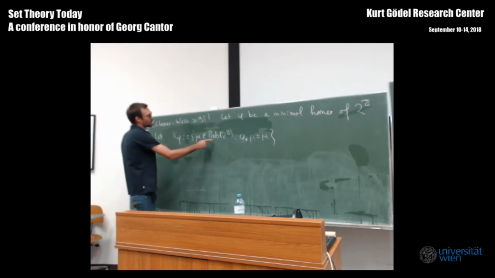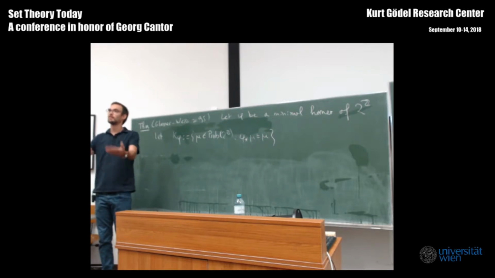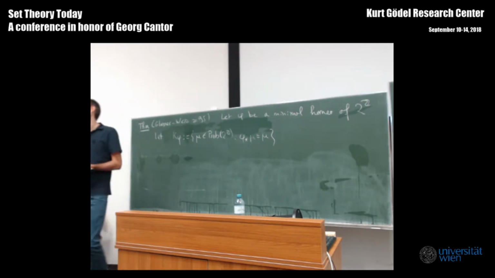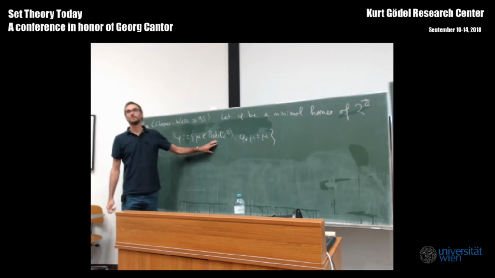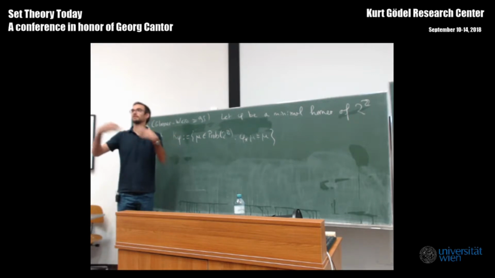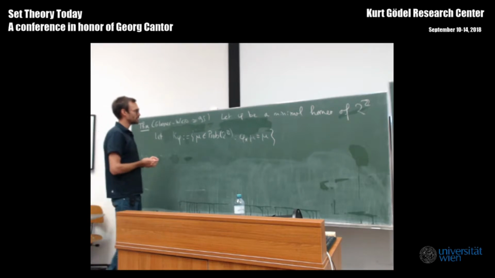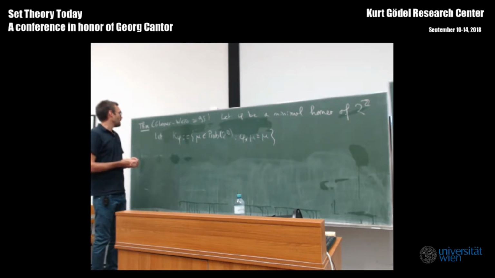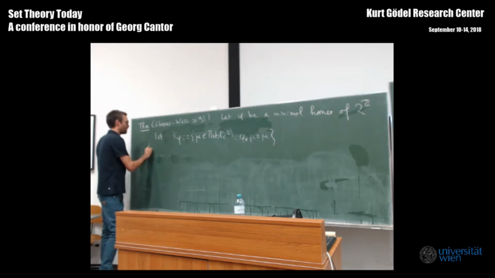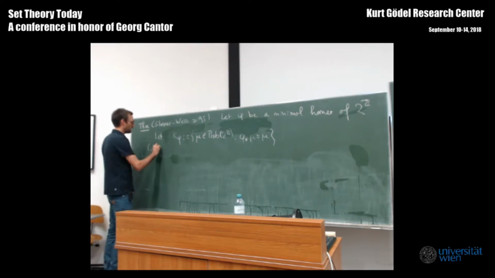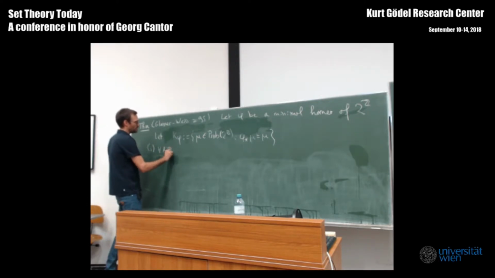So the measure is invariant. It means if I apply phi to a Klopen set, the measure doesn't change. And then if I apply phi to a Borel set, the measure doesn't change. But probability measures on 2 to the z, you should really think of them as finitely additive, as just being defined on Klopen sets, and then you extend them to Borel sets. You just think of them about what they do on Klopen sets. It's important here. And then we have one for any A, B Klopen,